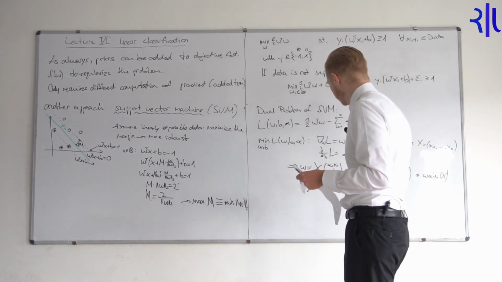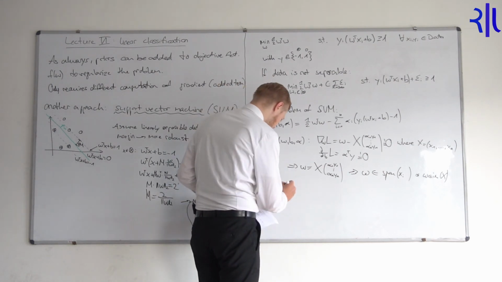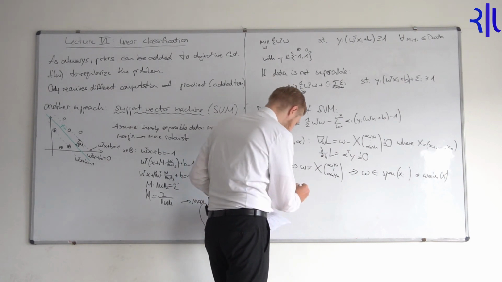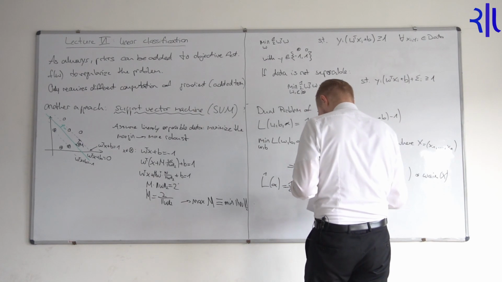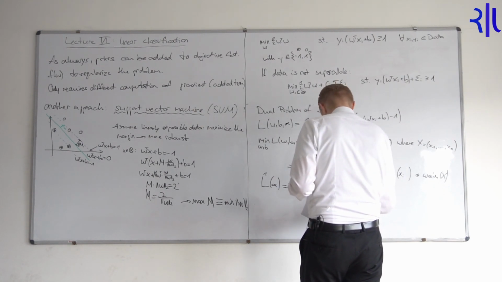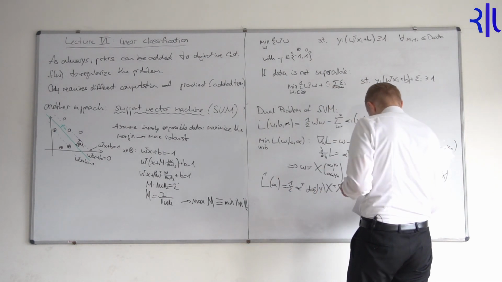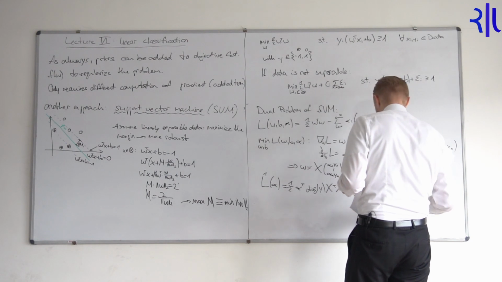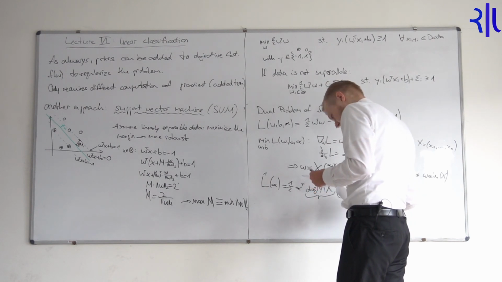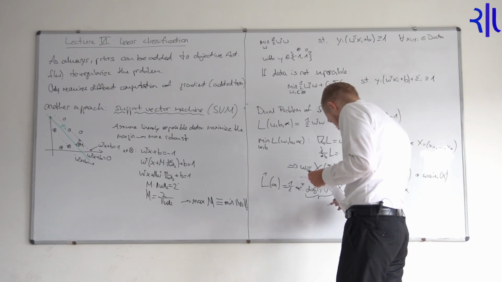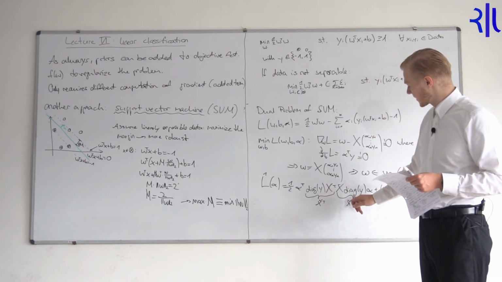So that means we can write the dual Lagrange function in terms of alpha, and we get minus 1/2 times alpha transpose times the diagonal matrix of y times x transpose times x times the diagonal matrix of y times alpha, plus the sum of the alpha. And we can call this term x times the diagonal matrix of y